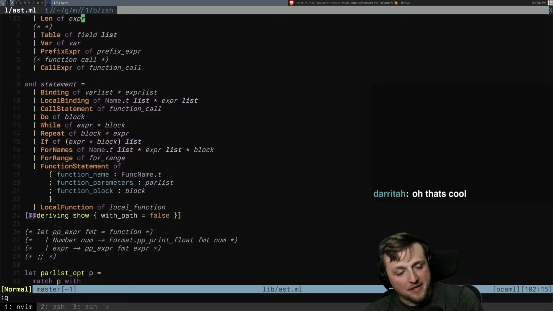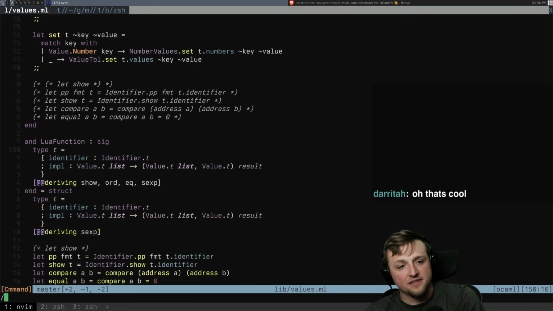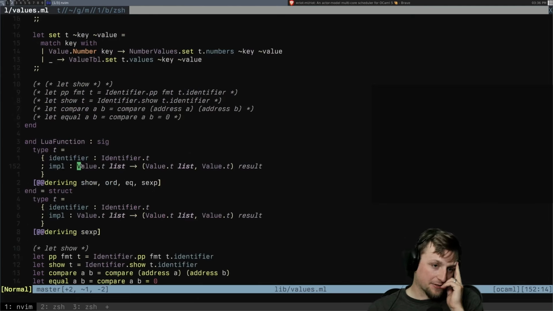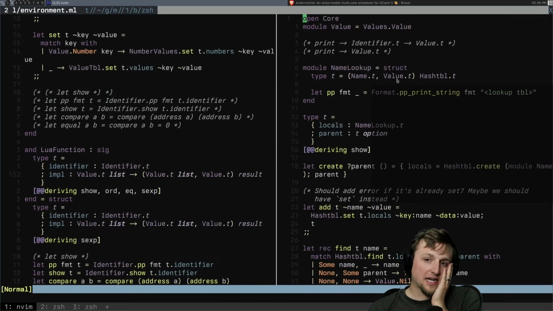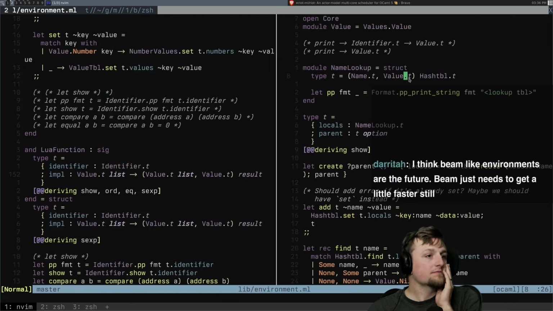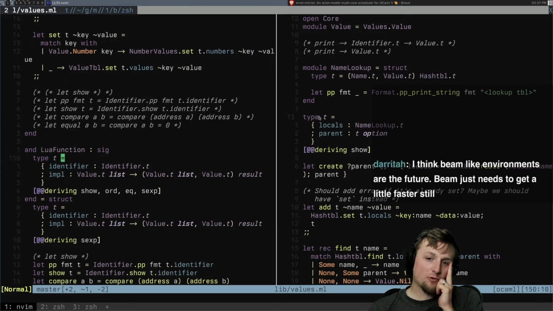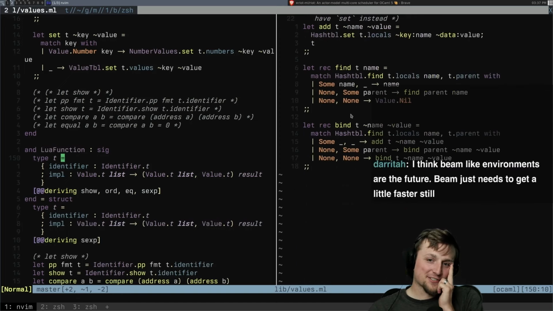Okay, so here's my main problem that I've got right now. Functions should definitely take an environment. And environments, though, the problem is I want to use values inside of them. But I already have way too many recursive, stupid recursive